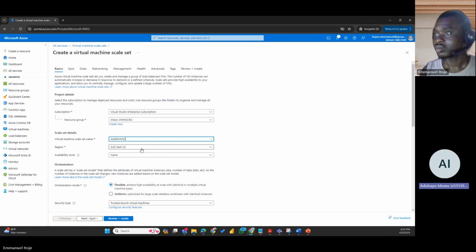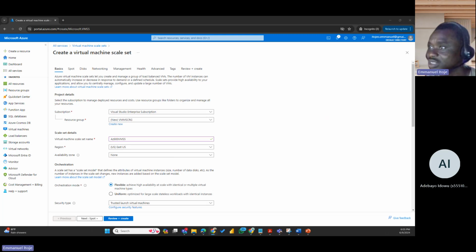Scaling can be done both vertically and horizontally, right? Yeah, scaling could be vertical or horizontal, depending on what you want. Horizontal, if you need to add additional virtual machines. Then vertical, if you need to increase the memory, the RAM, and all that. So even for virtual machine scale sets, you can